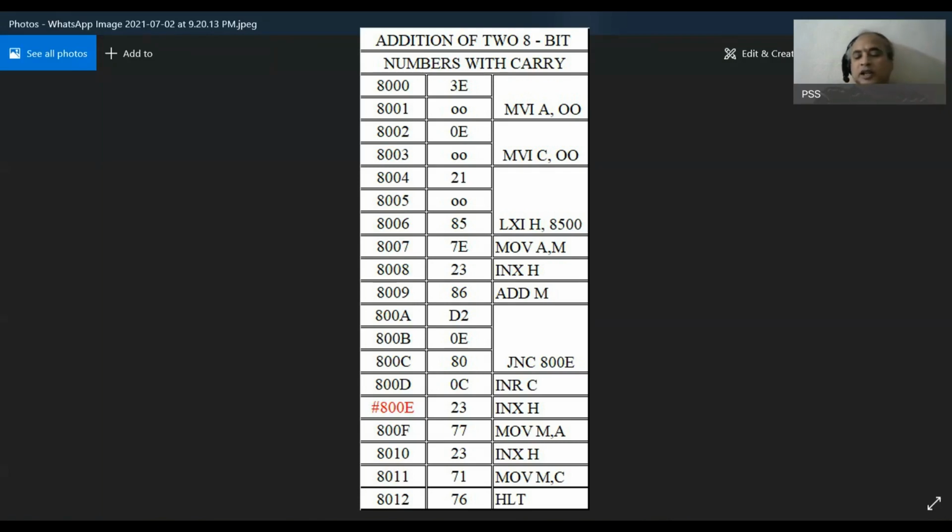By using the instruction MOV M, C, the carry would be moved from the C register to the memory location 8504. And after this we have used the instruction HLT. So with this the program would be ended, and we will now see how this program could be executed in a given simulator.